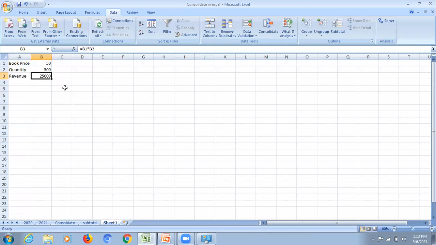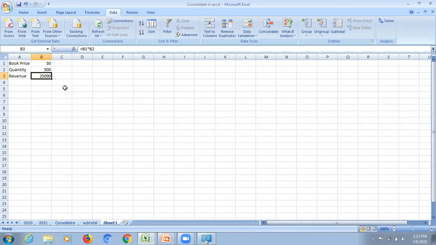Now I will apply the data table over here. I will alter the quantity, but I will not change the price. I want to see that if I alter the quantity of the books but keep the price constant, then through data table, how the output will change.